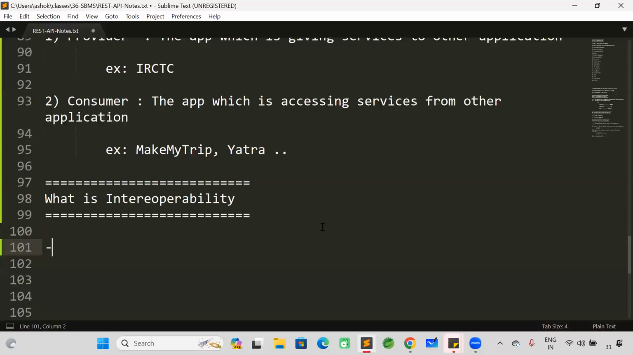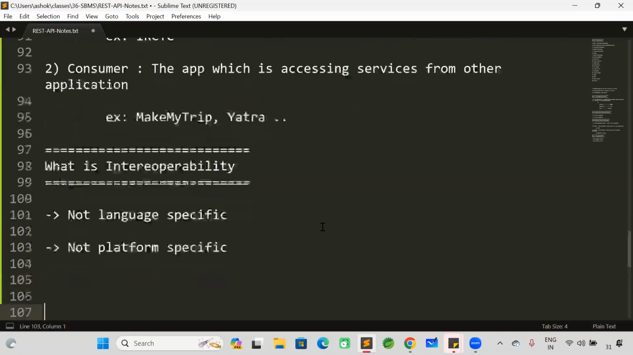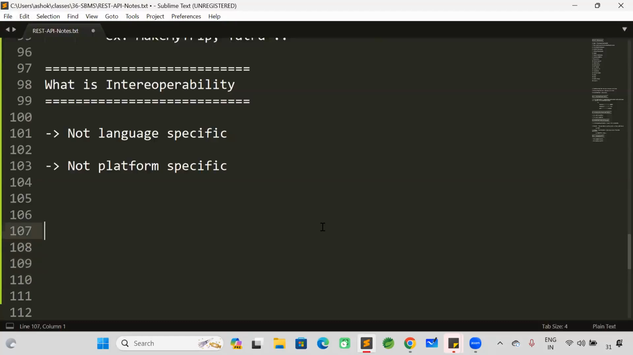Not language specific, not platform specific. What is the meaning of that? Irrespective of the language, the provider and consumer can be developed by using different technologies, maybe the same technology or maybe different technology. Irrespective of the platform,